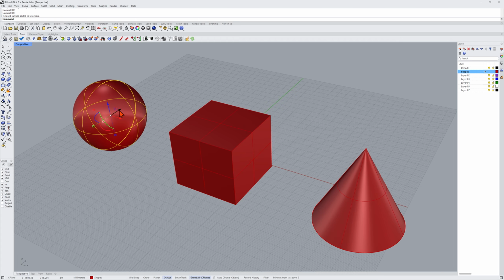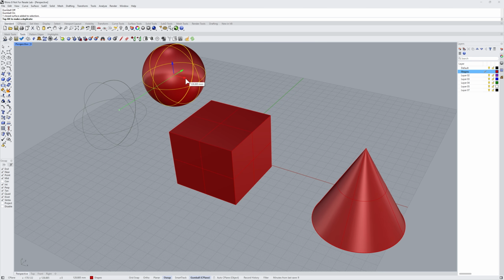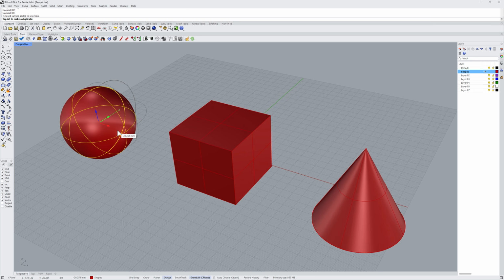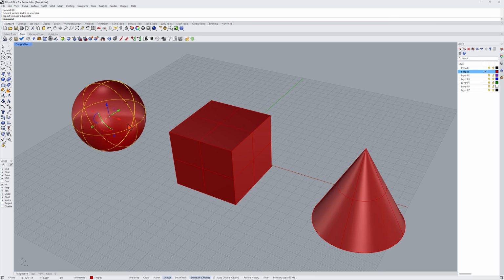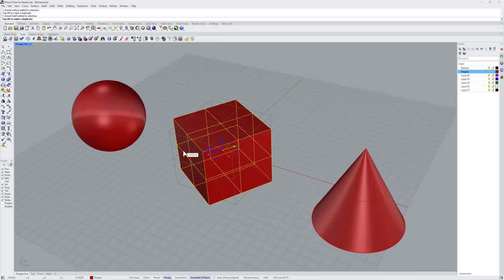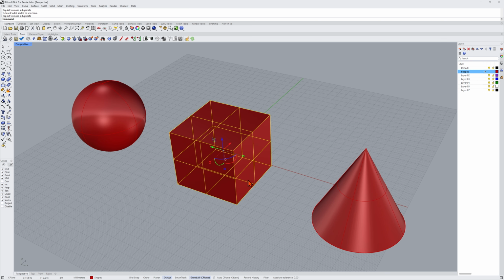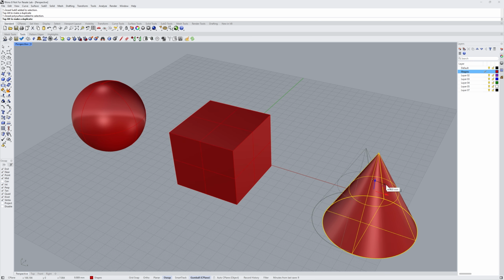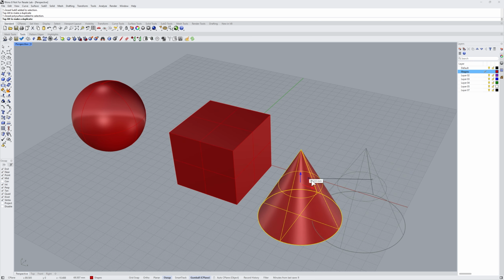The arrow handles allow you to drag on the X, Y, and Z arrows to move an object in the arrow's direction. The rotate handles allow you to drag on the X, Y, or Z arcs to rotate the object around the axis. The plane handles allow you to move an object along two axes